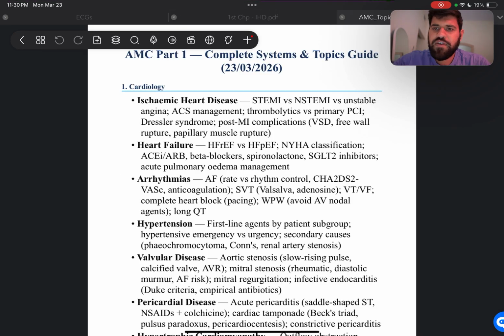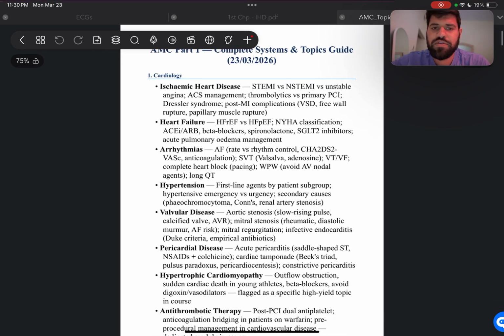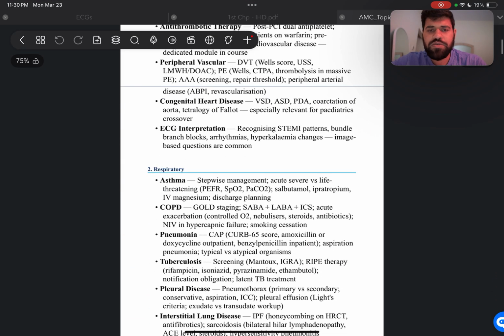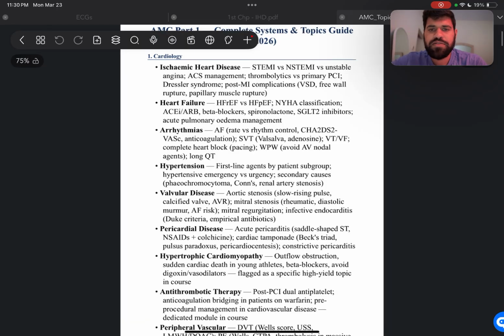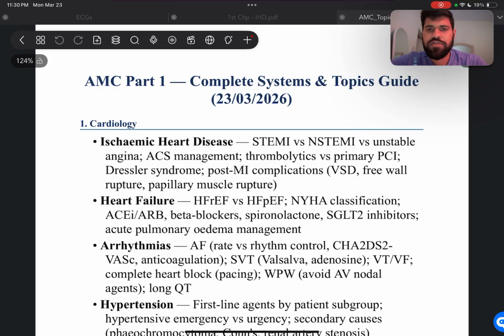And over here I also have the topics that I've compiled for every single system, and under every single system there is a subtopic. The subtopic is related to the system, obviously, and all of these are system wise. So all of these are topics that are either mentioned in paid courses online, or they came in the last March and February's recalls, and they had a lot of questions from it. Now I have divided these into different chapters. So today we'll be focusing on ischemic heart disease, which is the first chapter that we'll be working on.